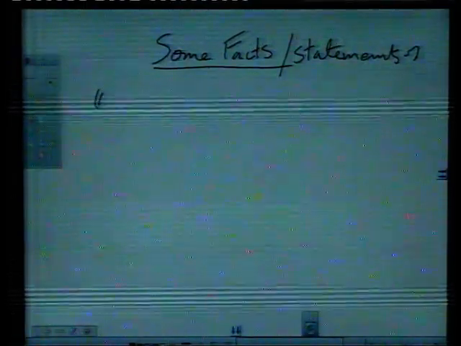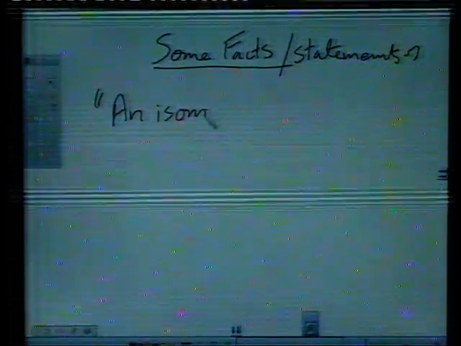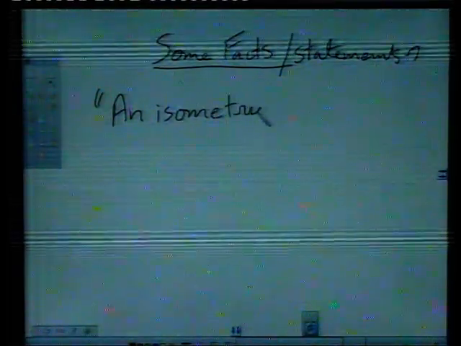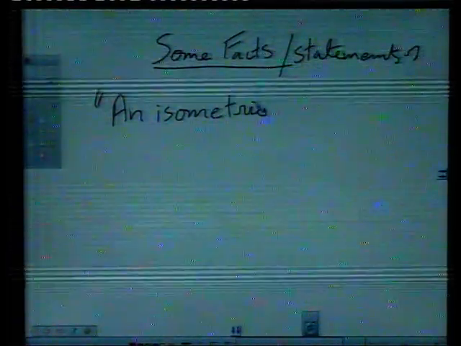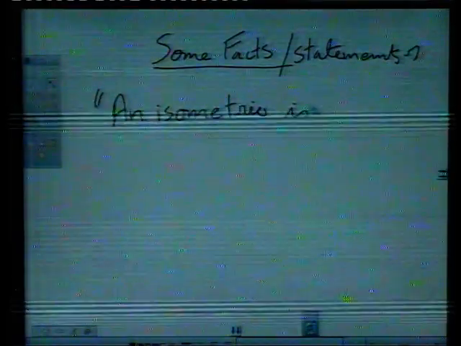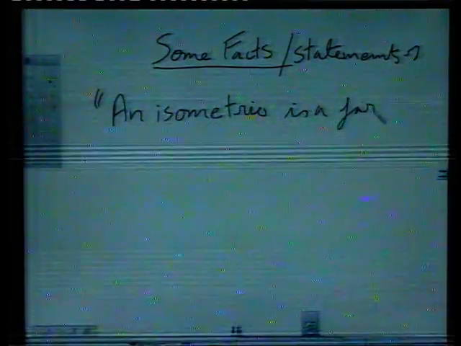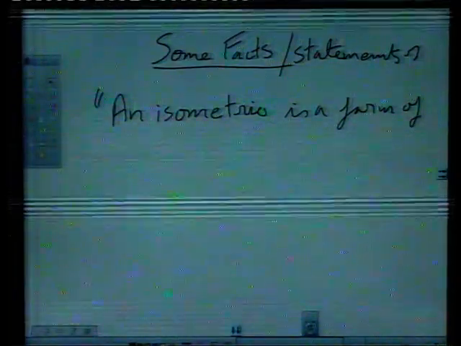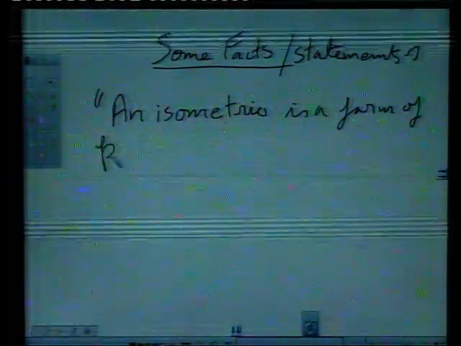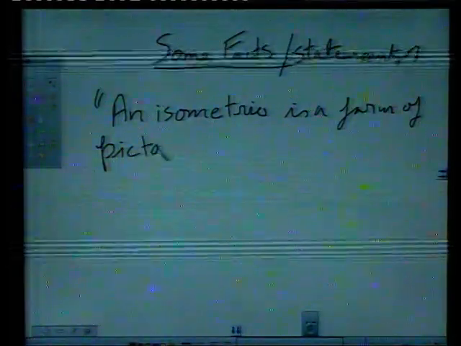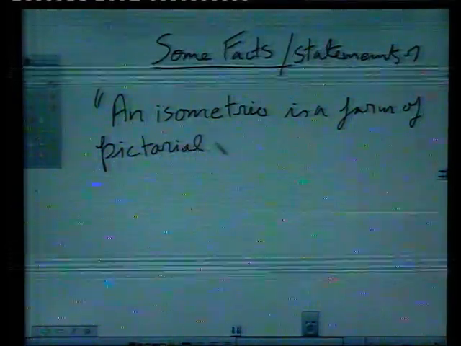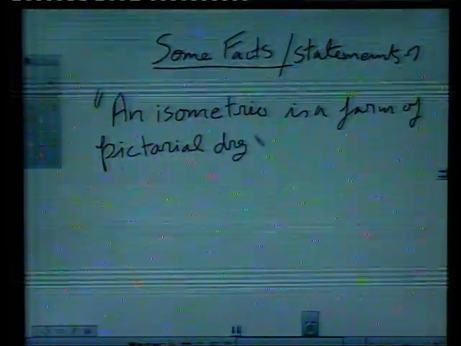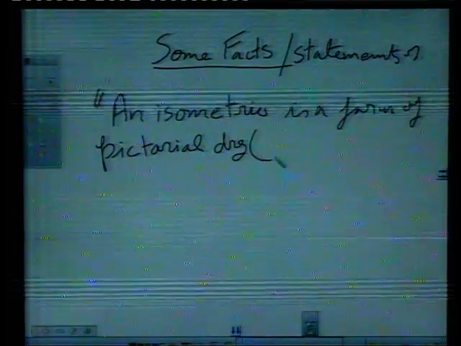We have done it earlier also. An isometric is a form of pictorial drawing. Pictorial drawing means like a picture, that is a 3D drawing,